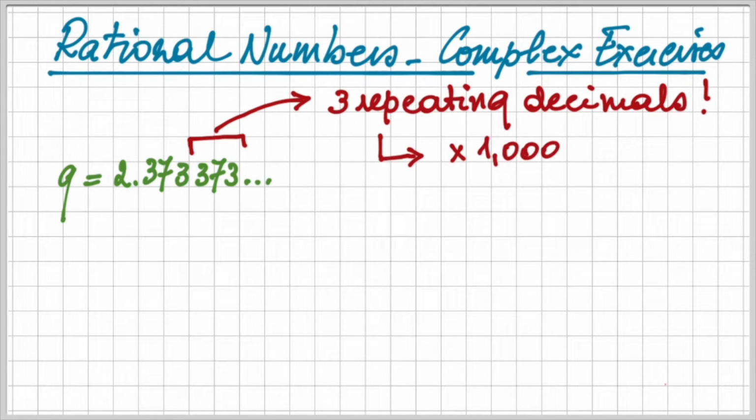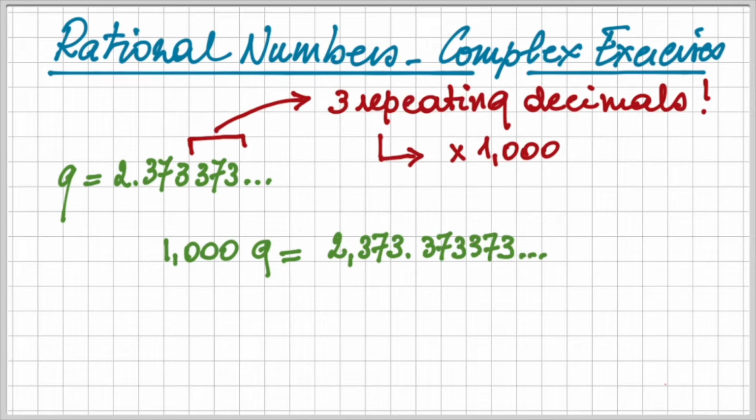Now we have to move the decimal point just behind the first set of repeating decimals. So in this case, we have to multiply with 1000. And we find 1000Q is 2373.373373373. And we subtract Q, which is